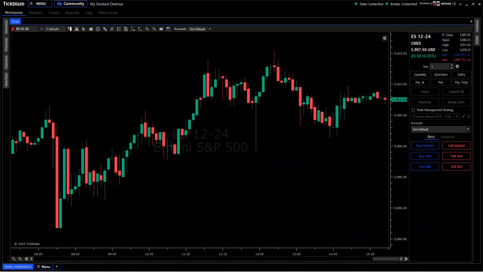All right, traders, in this video, I'm excited to show you how to navigate the charts and basically build chart templates so that you can customize the way you want your charts to look when you're trading. Now there's some toolbar menu options and there's some right-click menu options that allow for very flexible and user-friendly charting